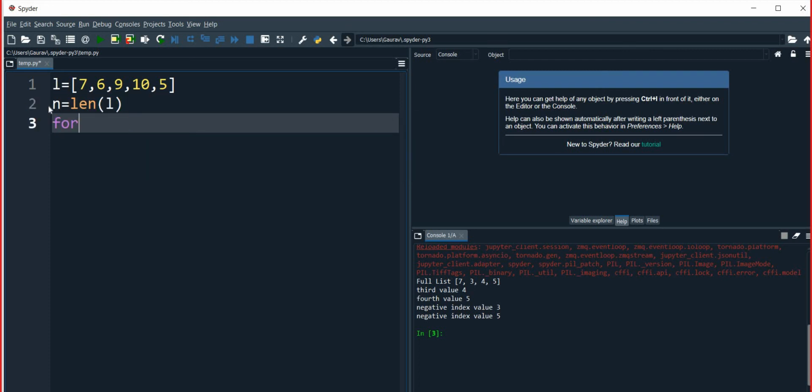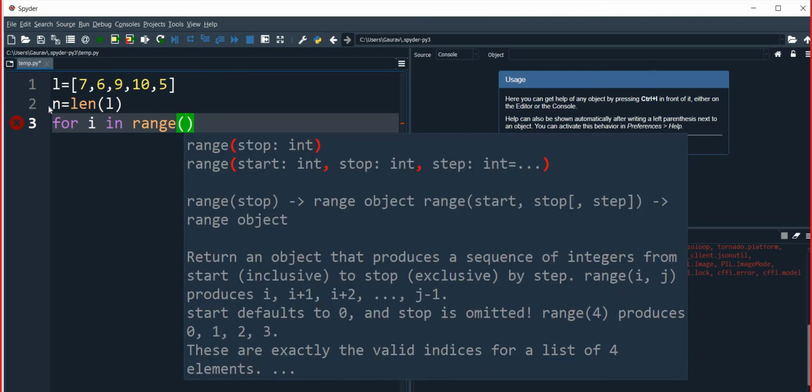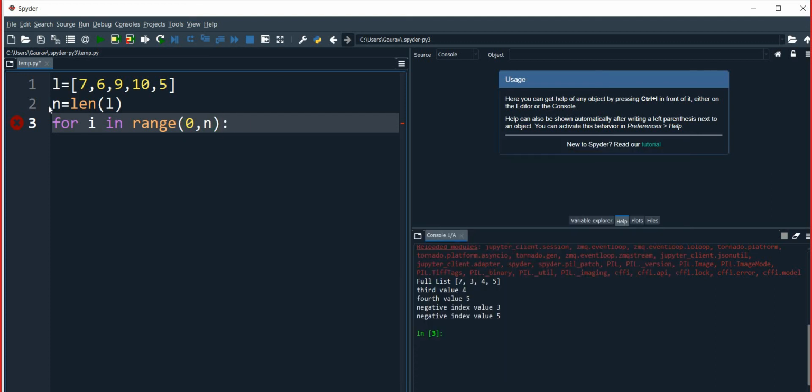Now for i in range within the bracket 0, n. Here n means the number of elements in the list.